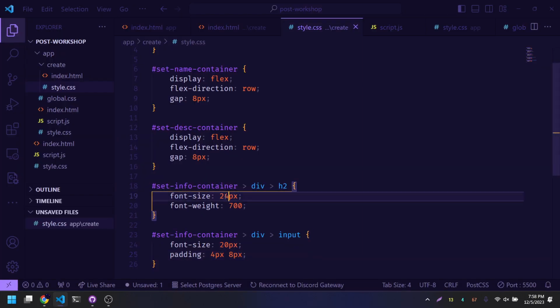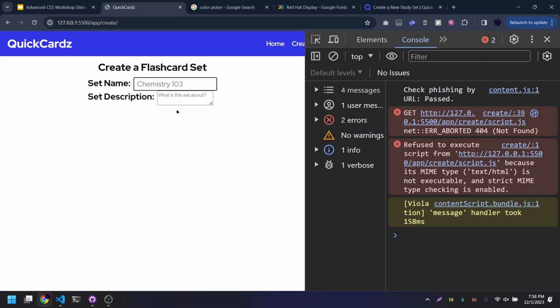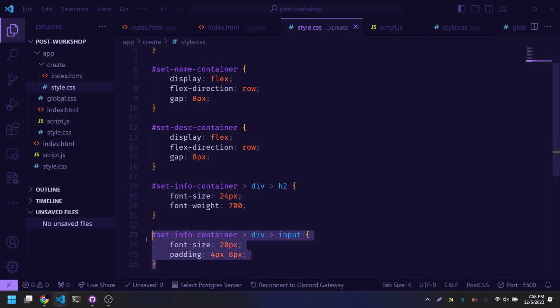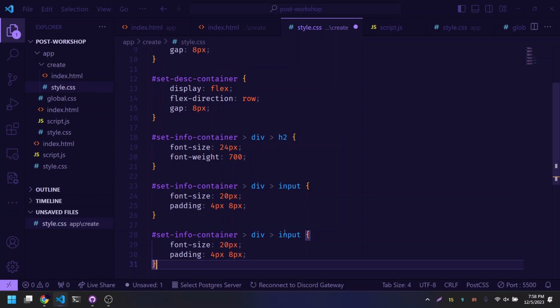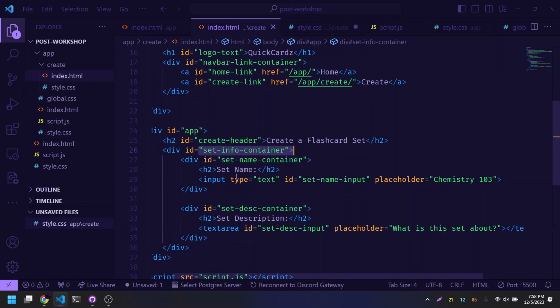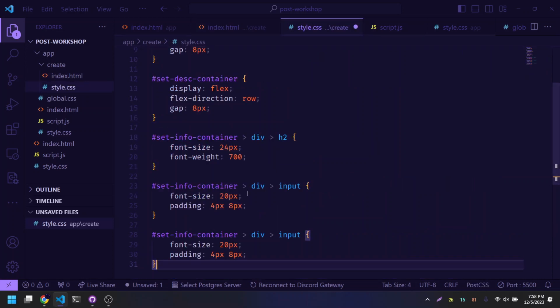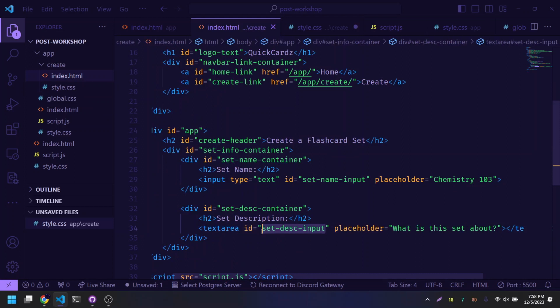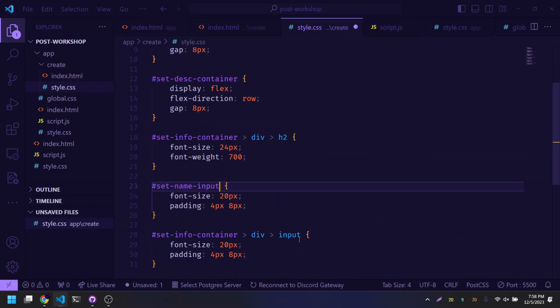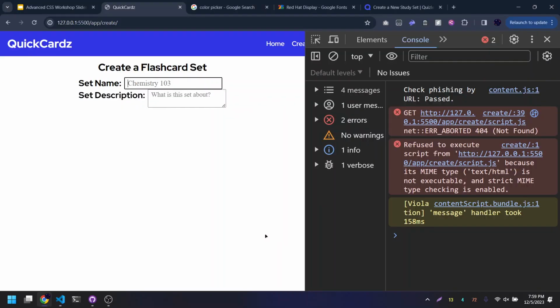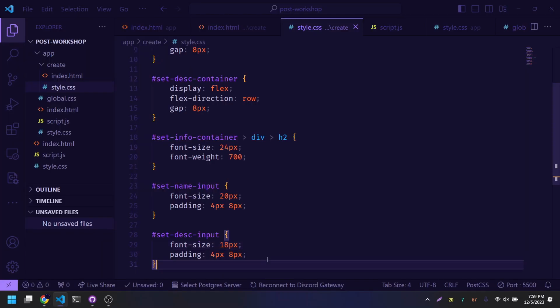Let's make this guy bigger. Yeah, that looks a little better. And then for the textarea, actually we already selected these guys. Yeah, actually I'll just use these because we already have them. And then set desk input. This one will make it a little smaller. It doesn't need to be as big, right? And then let's set its